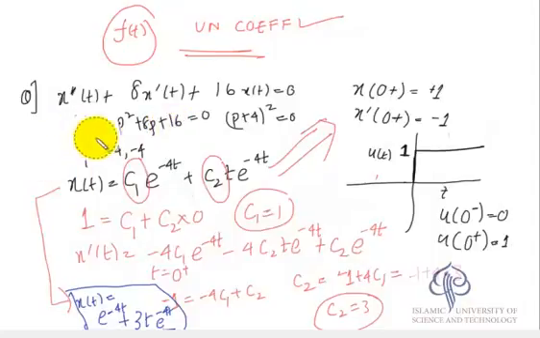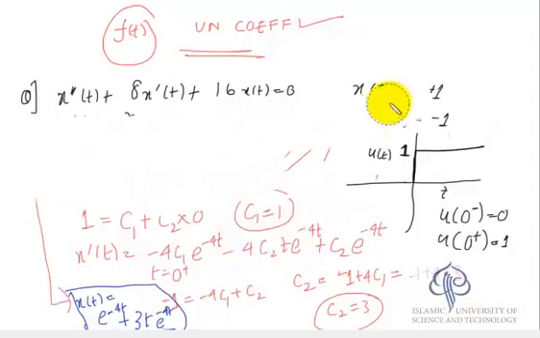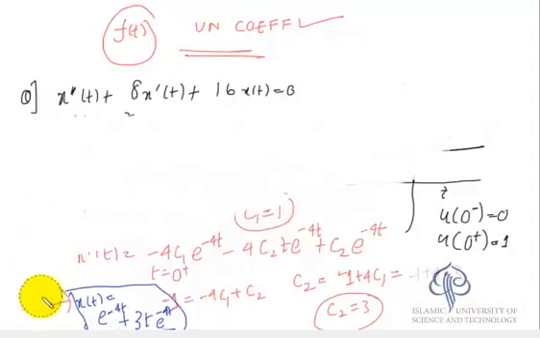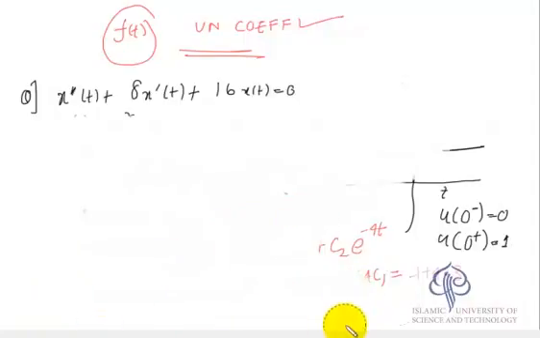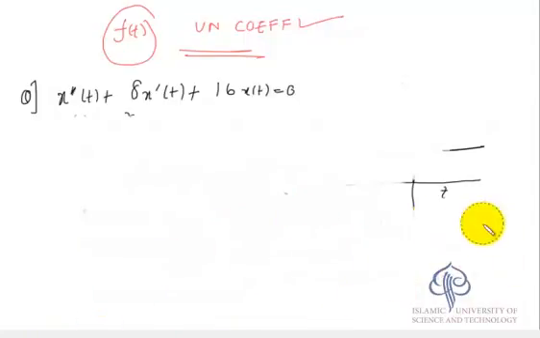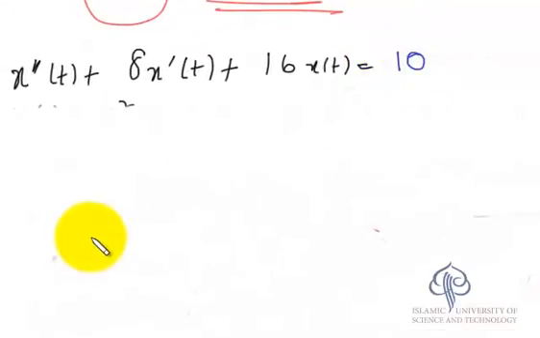Now let us take the same problem, but let us now say that the question is not about solving a homogeneous differential equation, but it is about solving a non-homogeneous differential equation. So there is some excitation, and let us suppose that the excitation is constant, say for example, 10. It's constant. So the solution is going to be